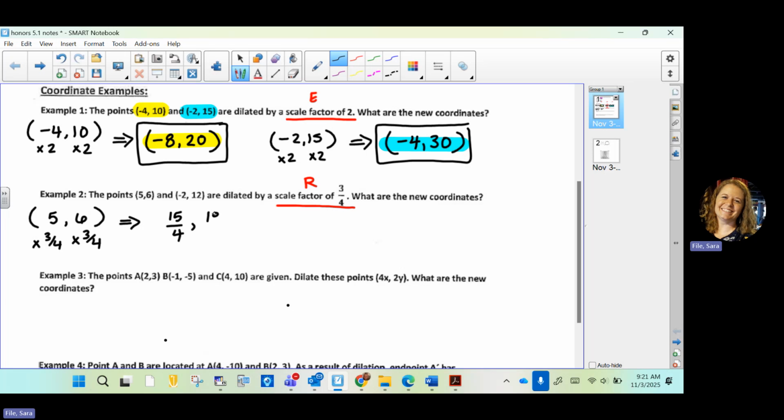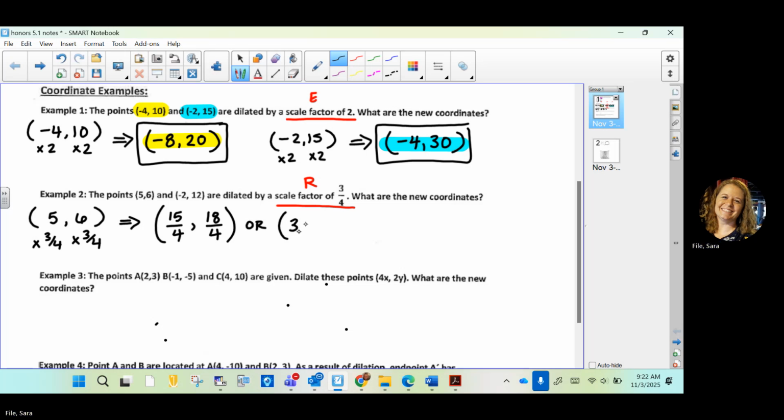18/4. Now, if you can reduce, you want to reduce. If you prefer to work with decimals, you can absolutely give this as a decimal, unless you have to round it. We're not going to round. We want exact values. But you could give these as decimals. So if you prefer to do times 0.75 instead of by 3/4, you could have multiplied these in your calculator by 0.75. And as a decimal, this would have been